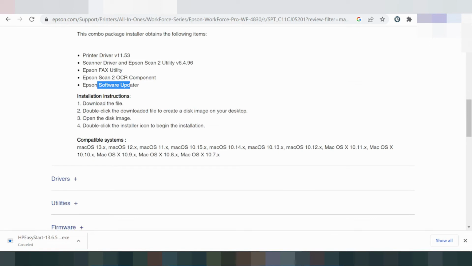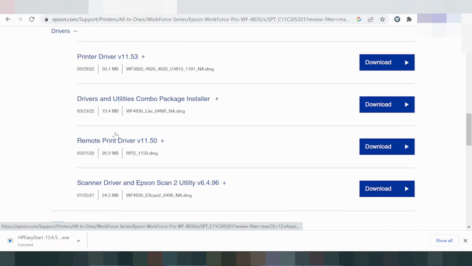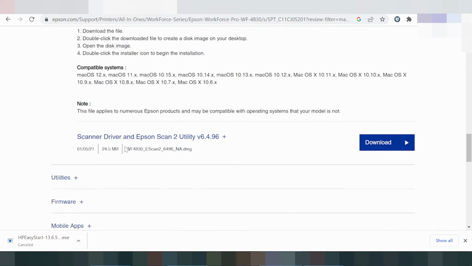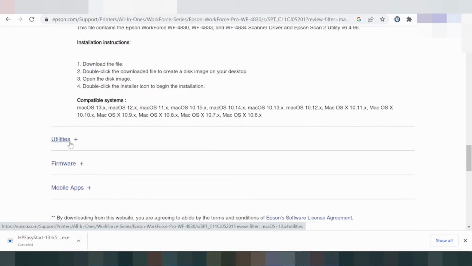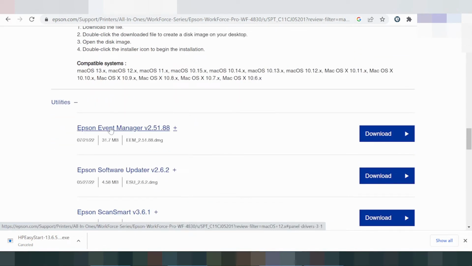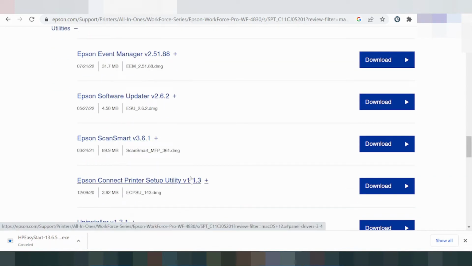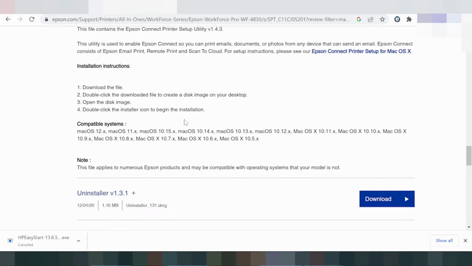Okay, this here is the compatible operating system for the Mac, and this here is the print-only driver, and this here is the driver combo package. This here is the remote print driver only. This here is the Wi-Fi only driver, and this here is the ICA driver, scan only. This here is the driver utility, and this here is Event Manager software update, and Smart Scan, Smart Connect, printer connect and printer setup for the printer, and this here is for